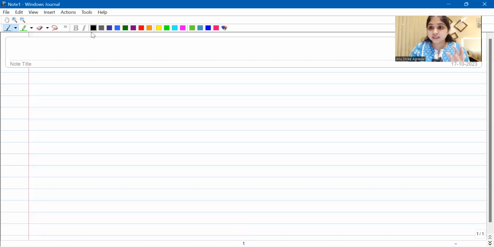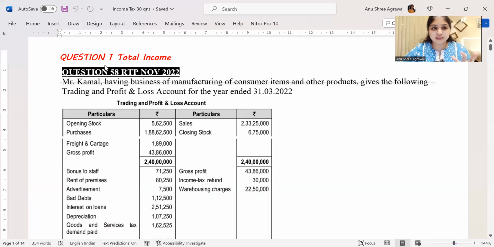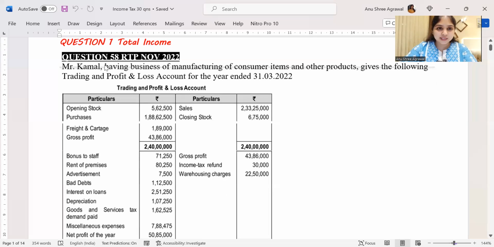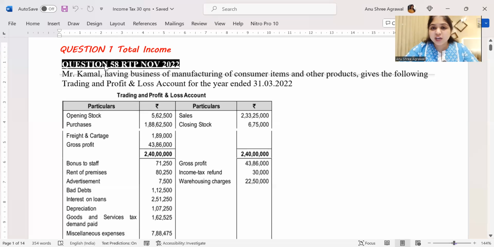Let us take up the first question. The first question in front of us is a total income question. And one more thing before I start. See, the questions which I have picked up, my objective is not just to boost your confidence. If my objective was just to boost your confidence, I would have brought in all these 30 simple questions. That is what I would have done, so that you feel nice and confident. I know everything. But tell me, will that serve the purpose? That's not going to serve the purpose, right?